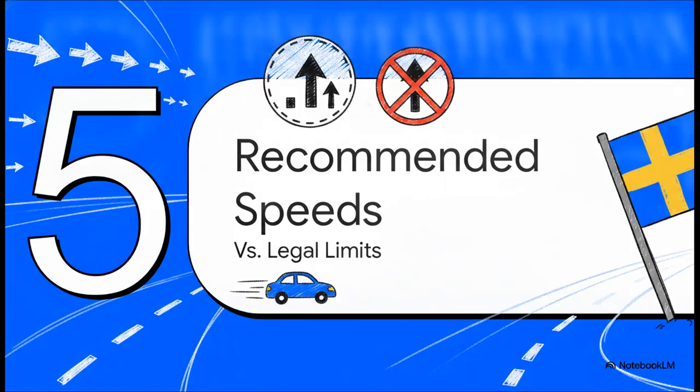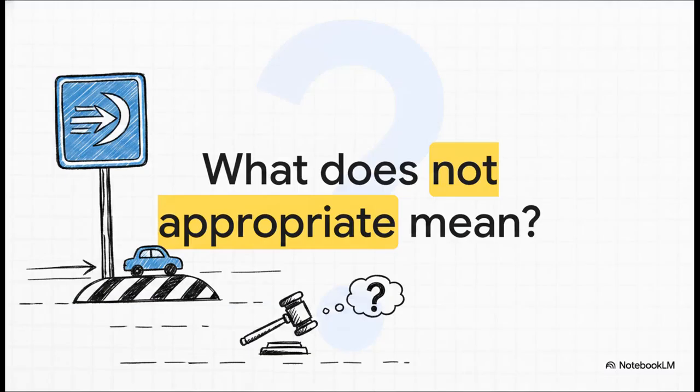Section 5, recommended versus legal limits. Now we're getting into a nuance that trips up so many learner drivers, the subtle but super important difference between a recommended speed and a hard legal limit. You'll see this a lot, a square blue sign with a number on it, usually placed right near a speed bump. Now, the driving manual says it's not appropriate to drive faster than that number, but think about this critically